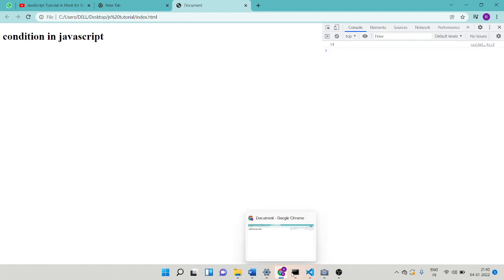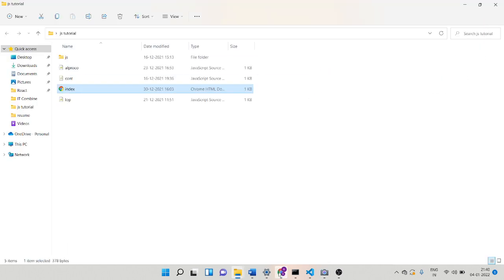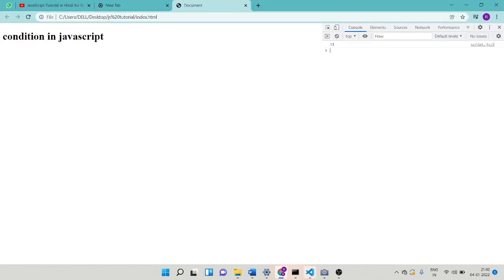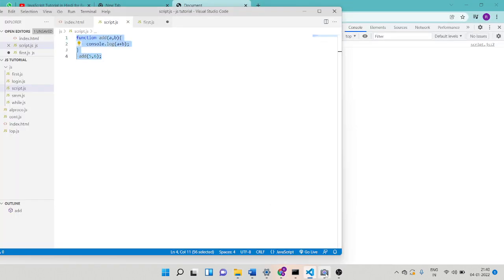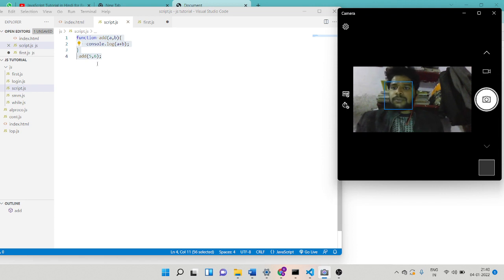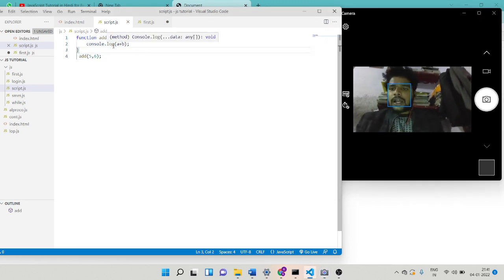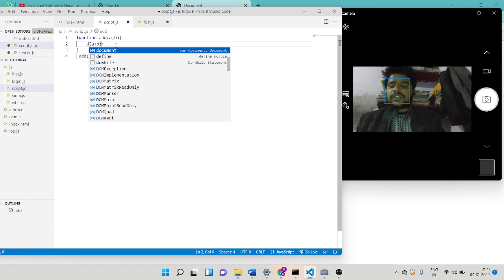This is 5 plus 6, without a return value. So what is the return value option? First I'm showing that we can use the document to write the same answer.